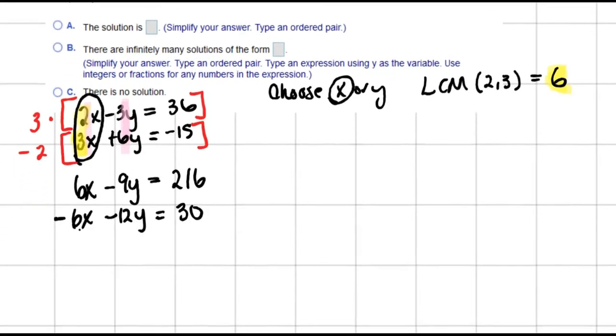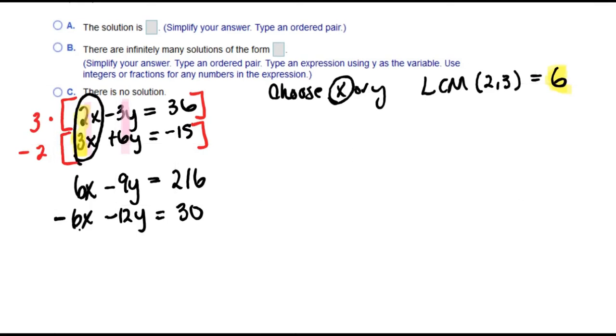Now we're going to add the equations together. You see why we want them lined up so that we add the like terms together? So the 6x's cancel. We'll combine the y's together to get a negative 21y. 216 plus 30 would be 246. I'll divide both sides by negative 21, and that gives me,